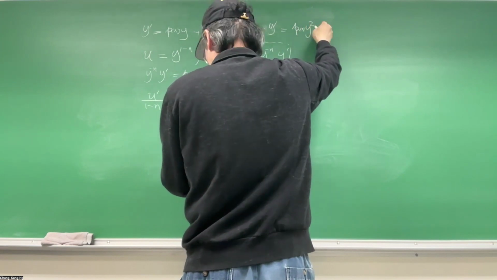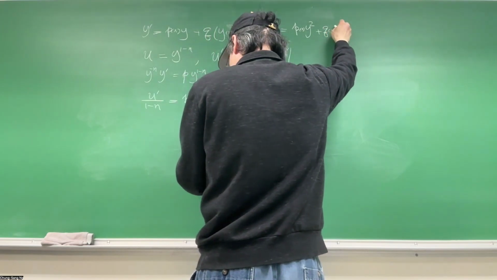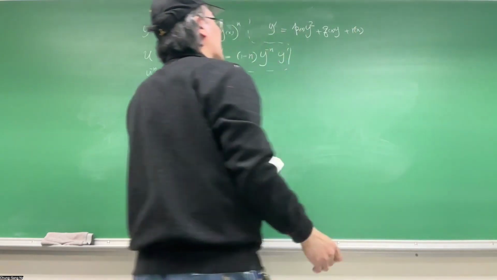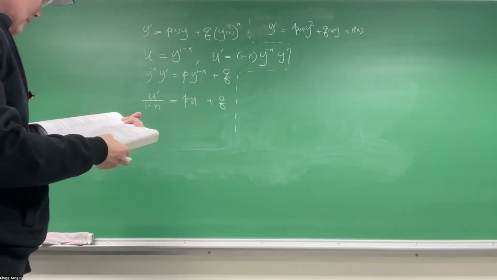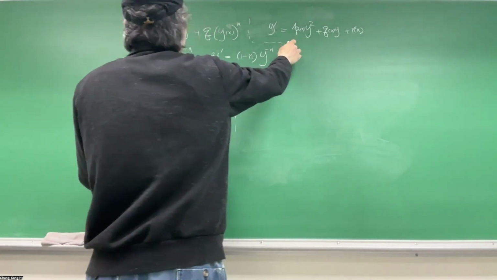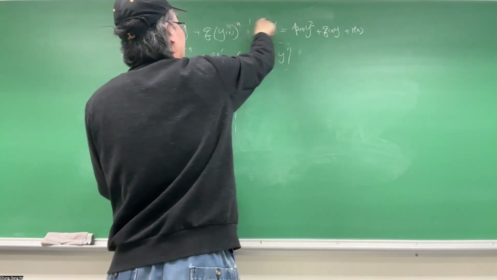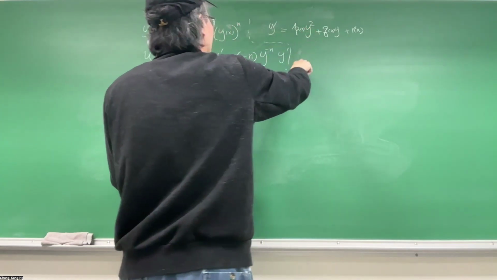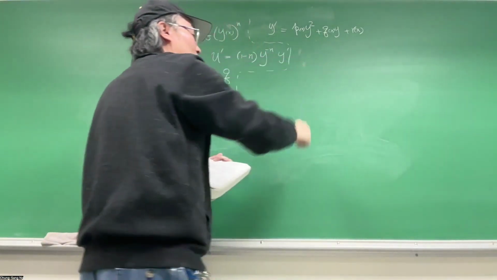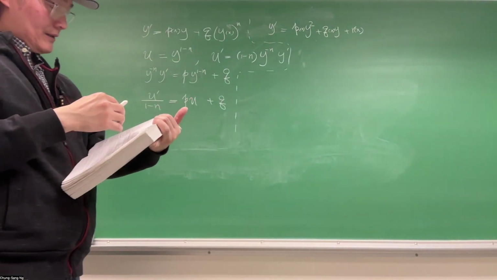y squared plus q(x) y plus this function R, which is non-zero and doesn't depend on y. Okay, so you have this type, and it's simpler in the sense that the power of the nonlinearity is not a general n, it's the square. But still, because of the R, it is difficult to find a solution. And the method is that